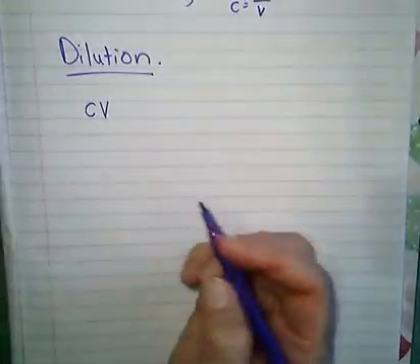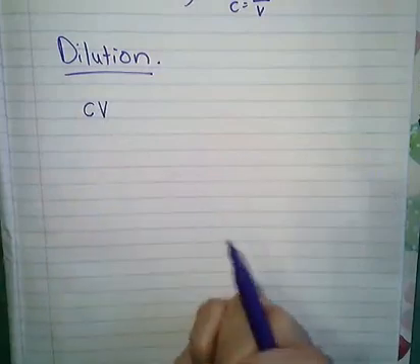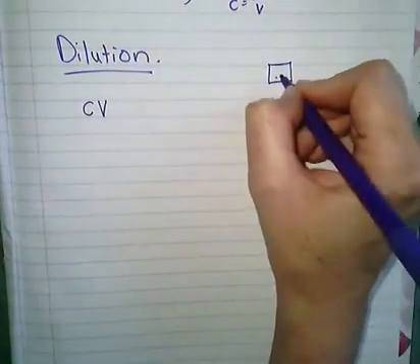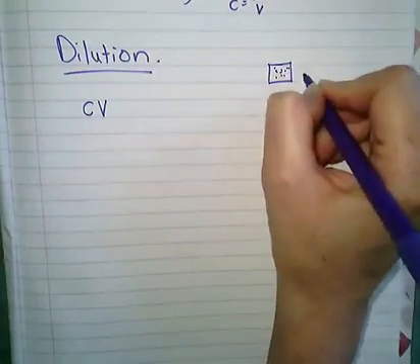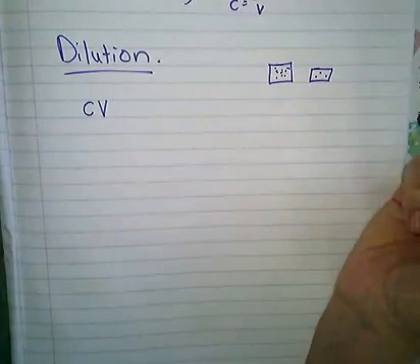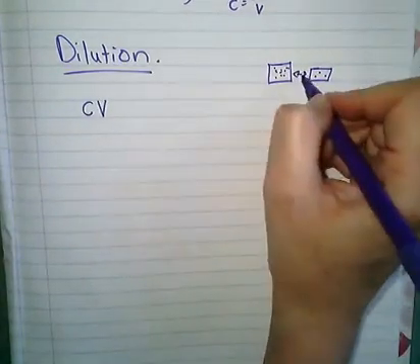So in order to know how to do that, or what volume you need to add, we use this equation c1V1 is equal to c2V2, where c1 is the initial concentration,